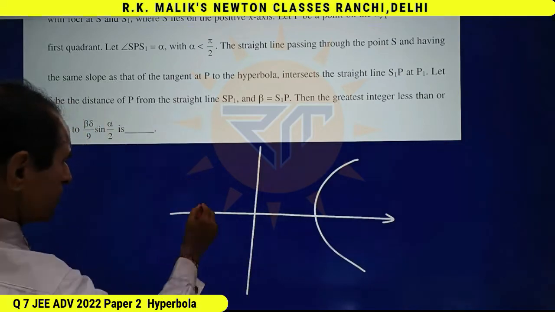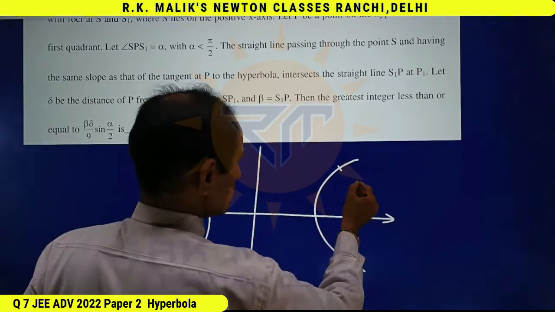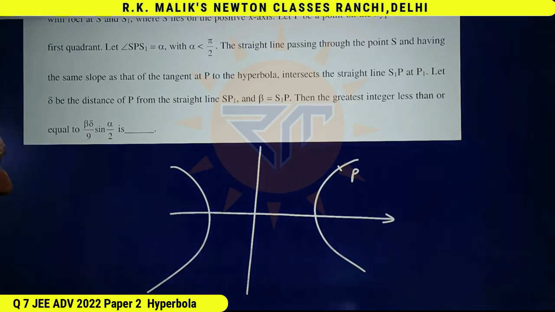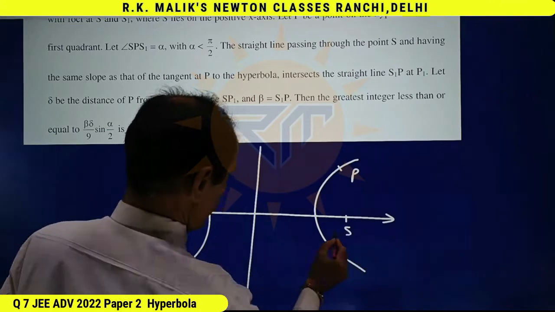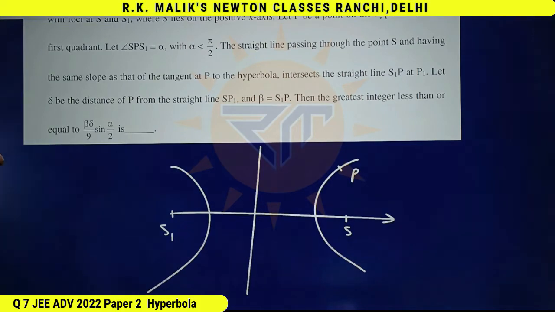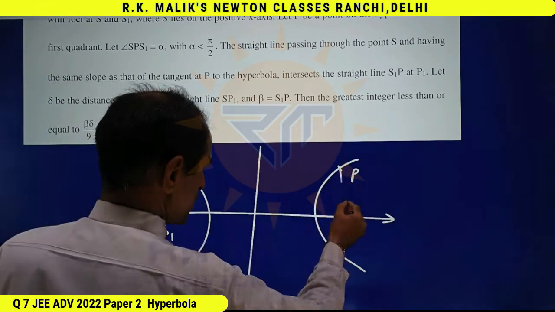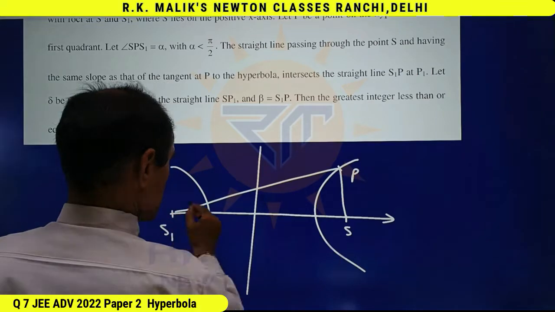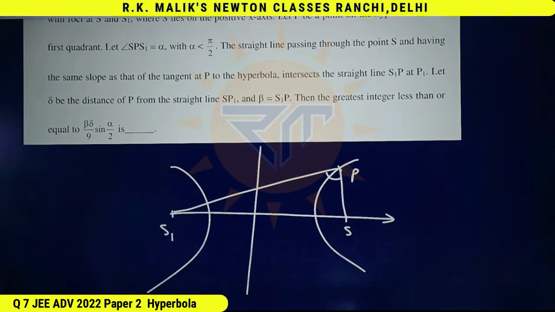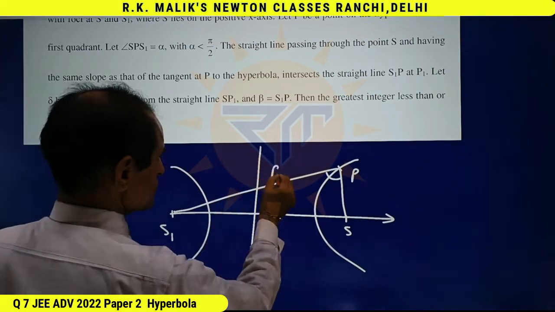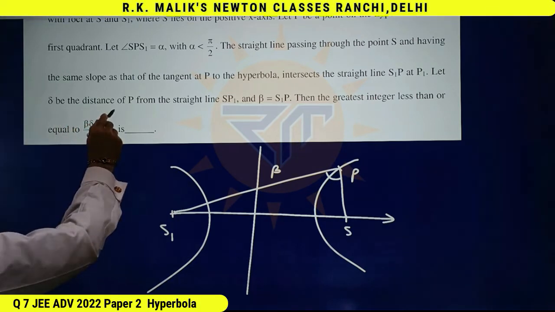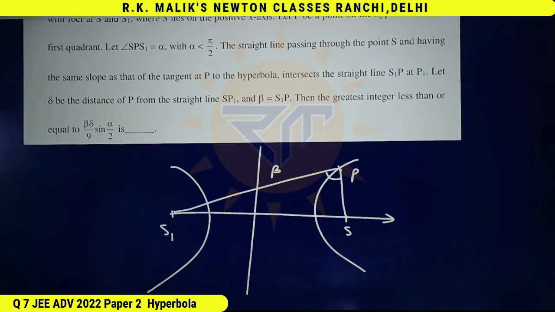this is a hyperbola. P is a point on the hyperbola. It lies in first quadrant. And S is one focus. Other focus is S1. Angle SPS1, this angle is alpha, is given to you. This length is beta given to you, and delta be the distance of P from the straight line SP1,